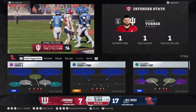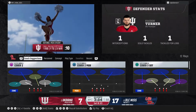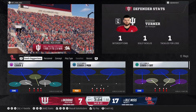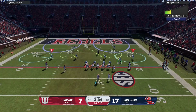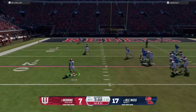Listen, the enemy is the clock, right? You're down by 2 scores. You got to make something happen. Really, really good job by the defense, forcing the turnover, getting the ball back to your offense. Now you got to go score, and I got to get one more stop. The Hoosiers offense all set and ready to crank things up. So getting the ball back on that interception at least gives us a chance to have a finish in this